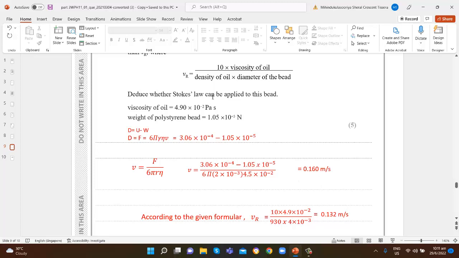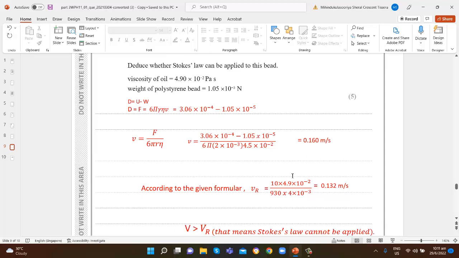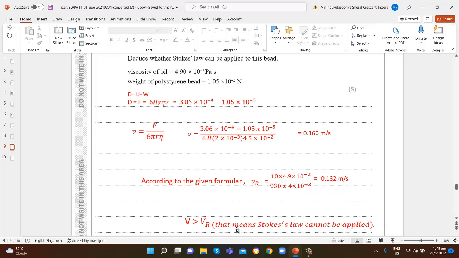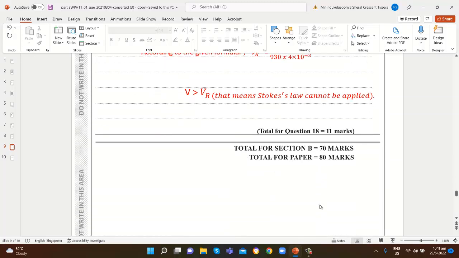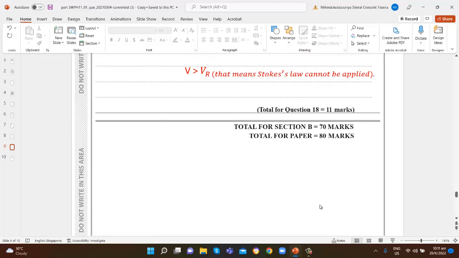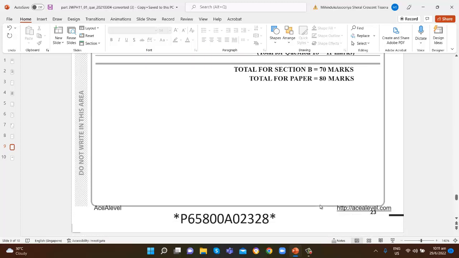But according to the formula, we are getting 0.132. Obviously, v is greater than vR. That means Stokes' law cannot be applied. And that will be the end of part 3